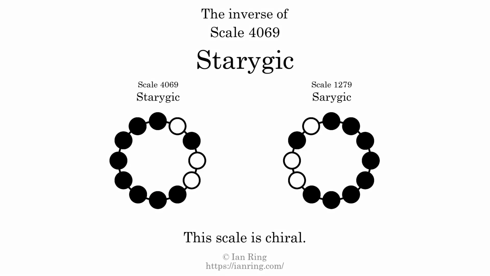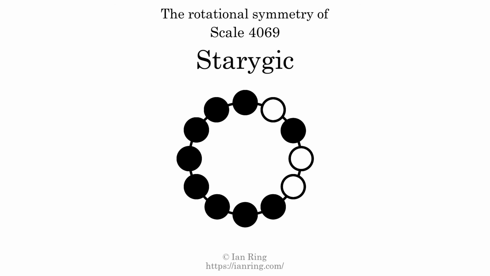The inverse of a scale is a mirror image. It is what you get when the sequence of intervals is reversed. The inverse of this scale is scale 1279, also known as Starygic. This scale is chiral. It cannot transform into its inverse by rotational transformation. This scale has no rotational symmetry. For even more detail about this scale, visit